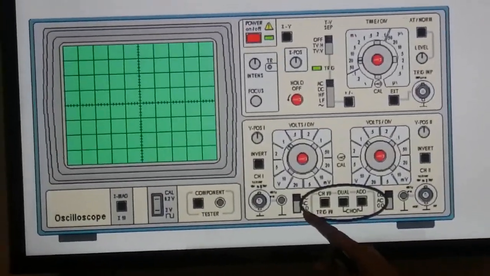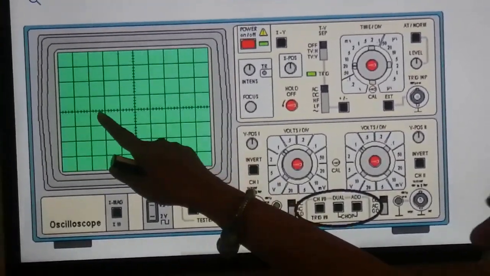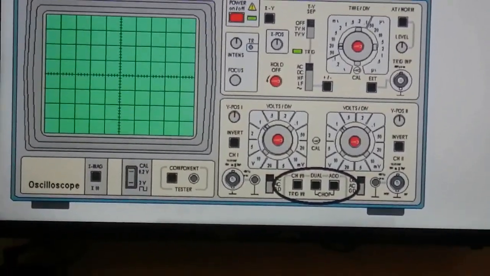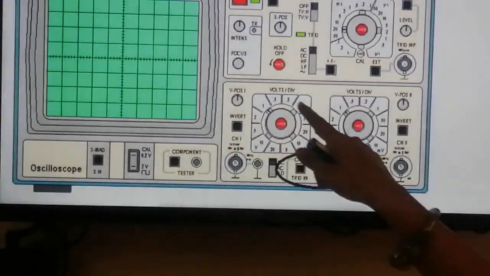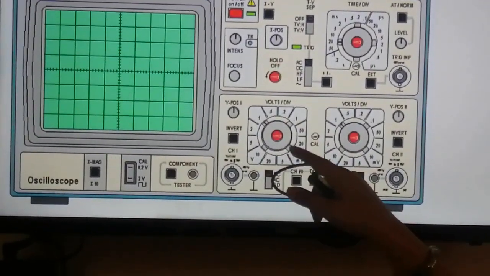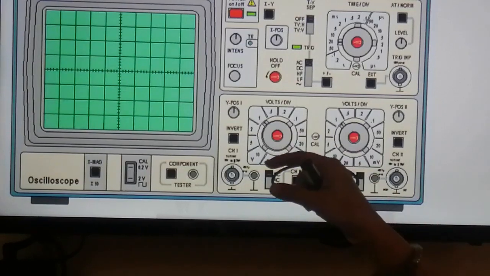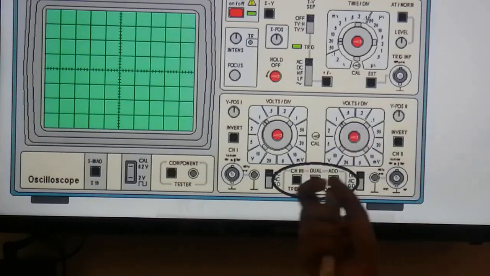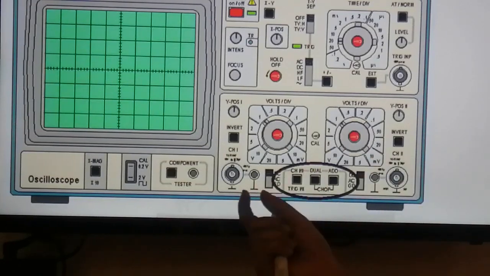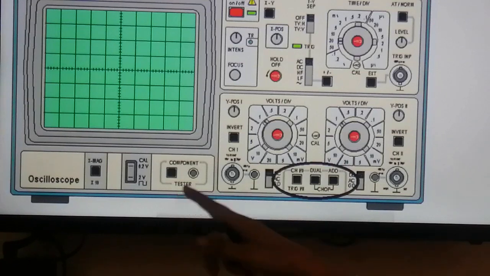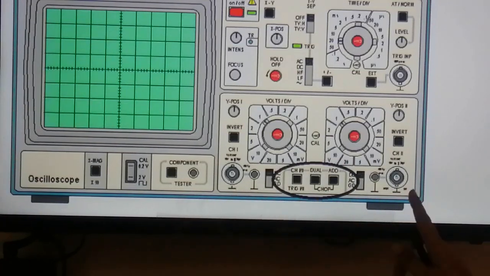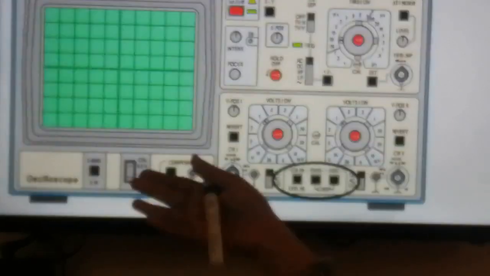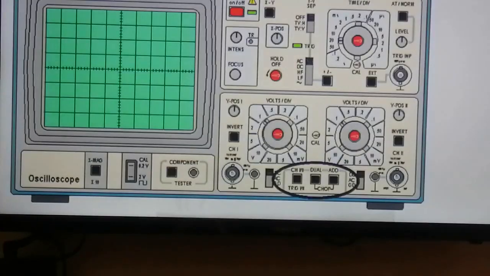Here we can set the amplitude of the wave. Suppose we have this type of amplitude and we want to amplify or reduce the amplitude of the wave. Then we adjust these knobs and we can amplify or reduce the amplitude. We can connect the wire or the BNC of the function generator to either channel 1 or channel 2. So here we will get the desired wave that we want to see in the CRO.